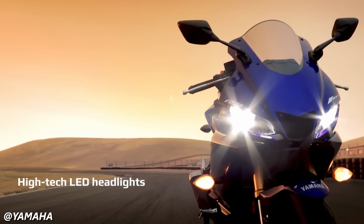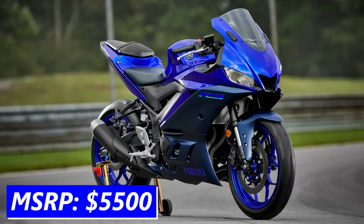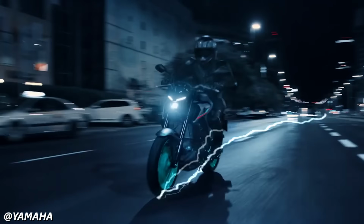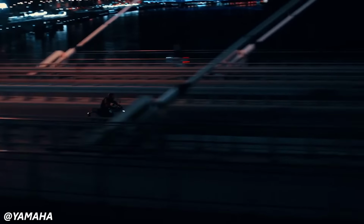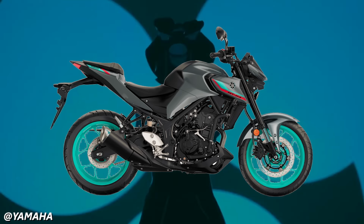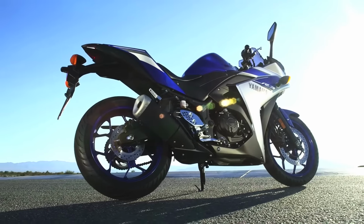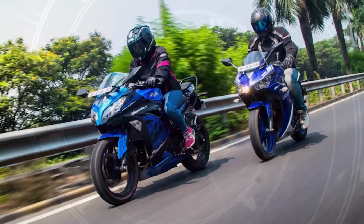The R3 also comes with LED lighting front and rear and ABS as standard. That is at a price of $5,500. Additionally, as is the industry standard, Yamaha also utilizes the chassis and engine from the R3 in their beginner naked offering, the MT-03, which offers the same approachable power plant in a more relaxed upright riding position and a much cheaper price. At the time of its release in 2015, which was 8 years ago now, the Yamaha R3 was running alongside the aforementioned Kawasaki Ninja 300,